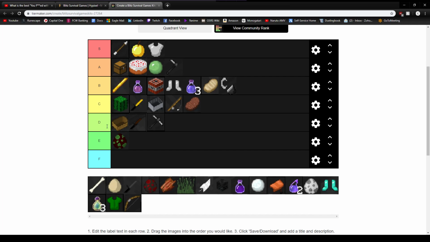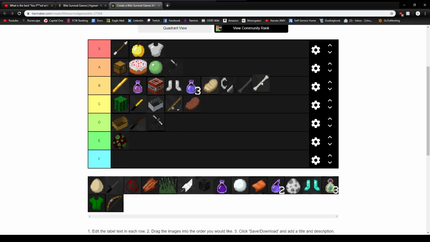Yeah, I'm going to put it in high B for now. Wolf Tamer. This kit is a flavor of Meat Master that's, I think, B tier. I think Wolf is B tier. The wolves are really annoying. I think the mobs are better than, like, Iraq, but